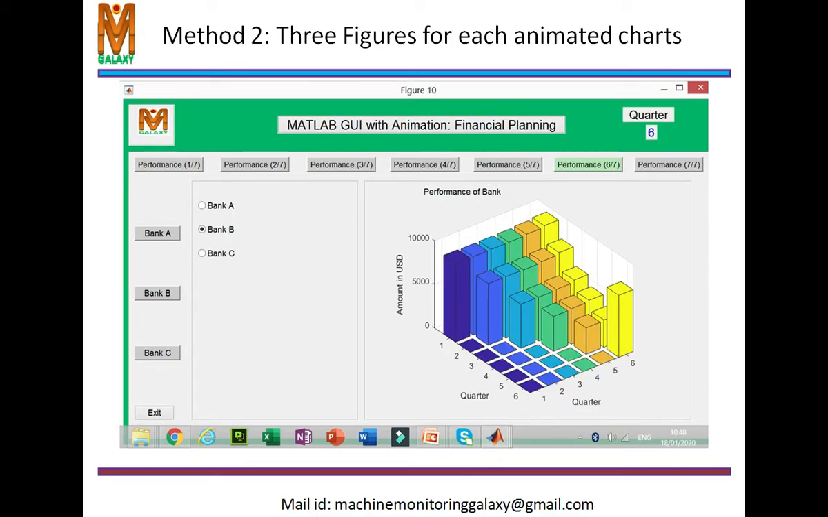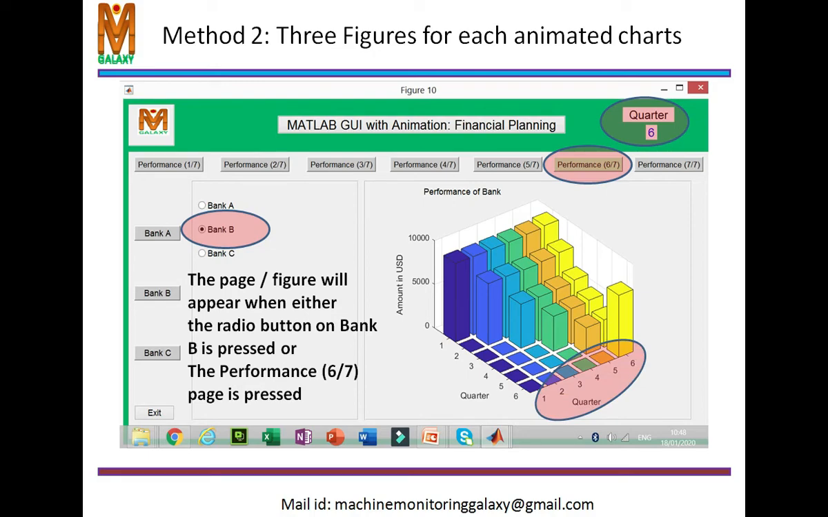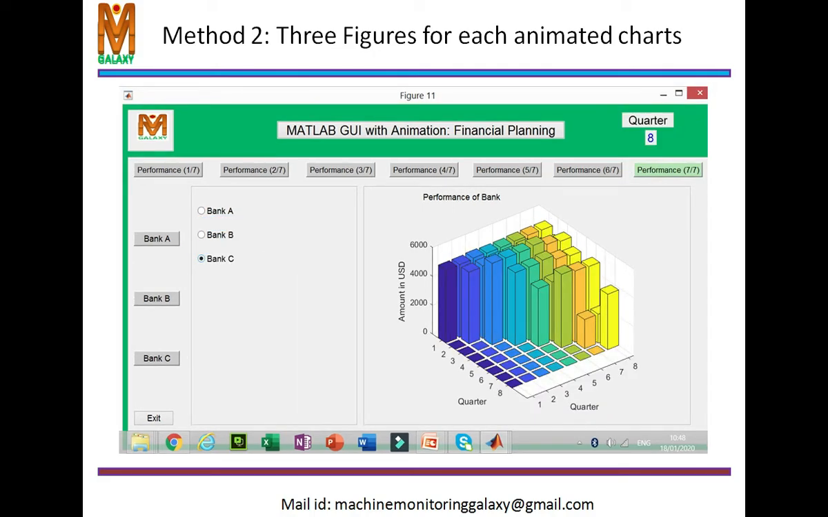Similarly, when I press the bank B radio button, then this bank B performance will be added, and this performance 6/7, this particular figure, will have this panel. So the panel will be different for each figure. Either you press bank B or this page, then you will get this chart on performance of the bank